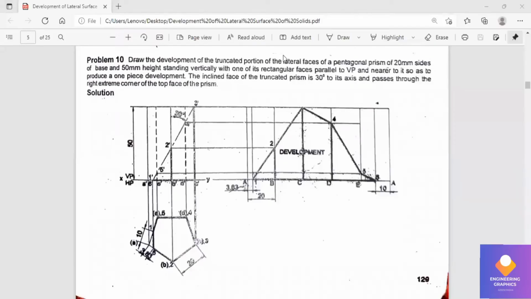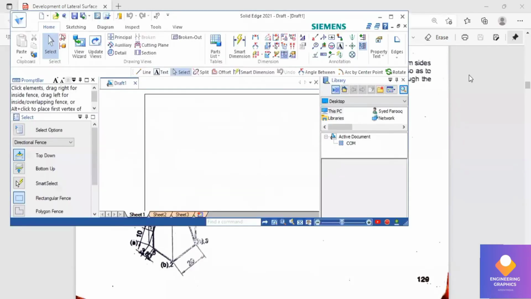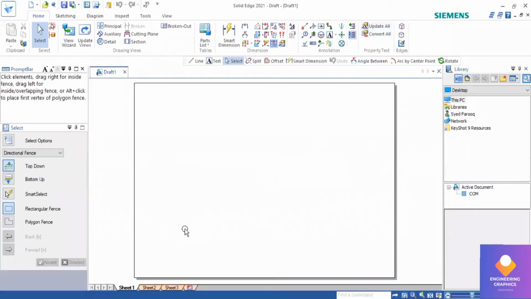So in this problem we have to construct the development of the pentagonal prism. You can see in this first we have to construct a pentagon of dimension 20 mm and axis height 50. So it is resting with one of its rectangular faces parallel to VP. Okay, so first here I'm going to construct a pentagon with respect to the lateral face parallel to the XY